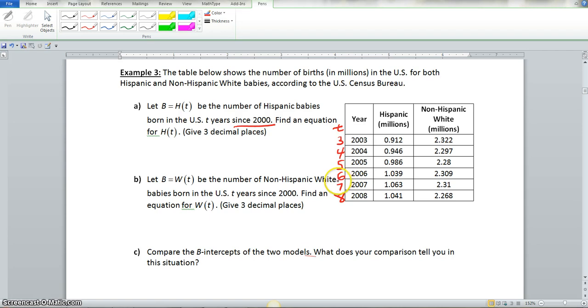Now, one other thing you need to know is this here. We know we will put this in a calculator because we're going to do a linear regression model. So we know this will be our L1, this will be L2, and this will be L3. Actually, your L1 would be this column here with the 3, 4, 5, 6, and 7. Okay, so now after you put this in a calculator, this is what you would end up with for your linear regression. You have H(t) is equal to 0.030t plus 0.833, because we said